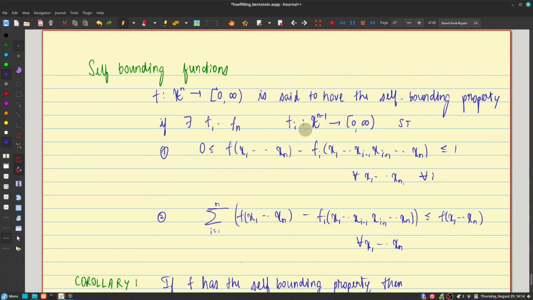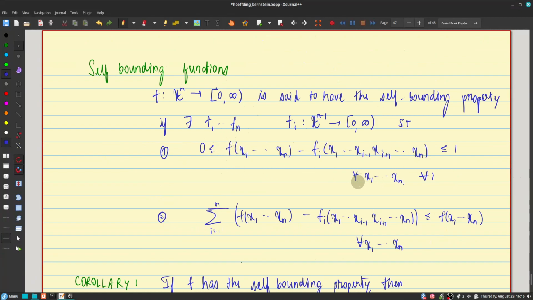where the ith function depends only on n minus 1 variables. The original function f is a function on n variables, and each of these f_i's is on n minus 1 variables. So f_i involves all of the variables except the ith one. You just leave out the ith variable, but this function f_i could be very, very different from f. That's one thing. So if for each i I can find an f_i which satisfies the following two properties,